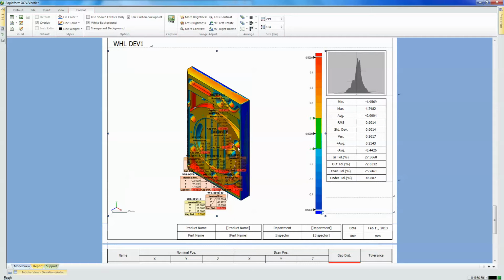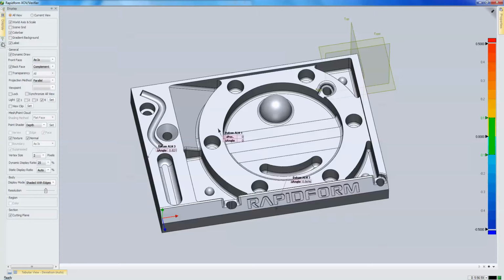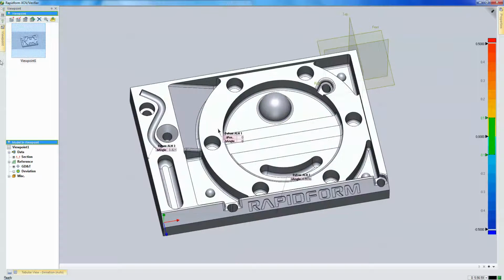If I want to add a new viewpoint here, I can simply go to my model view, open up my viewpoint, and add a new viewpoint. In this situation, it's just my CAD. But if I go back to my report,